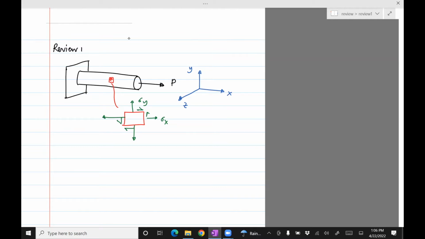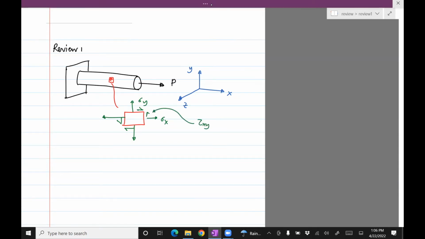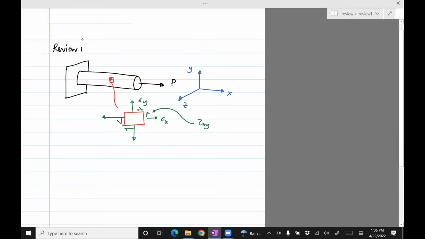So this is tau xy. So in this case, we would have clearly, there's only one stress, sigma x, and that is